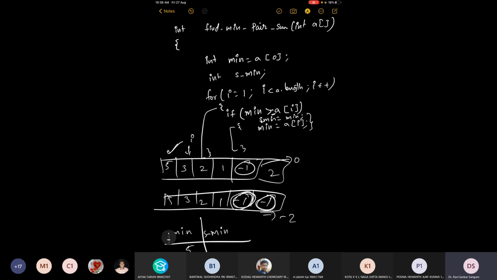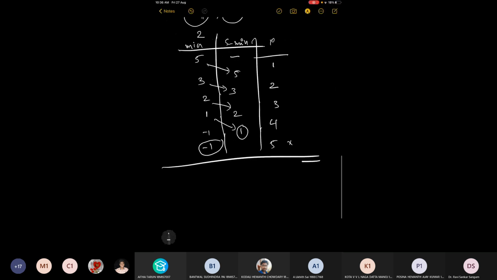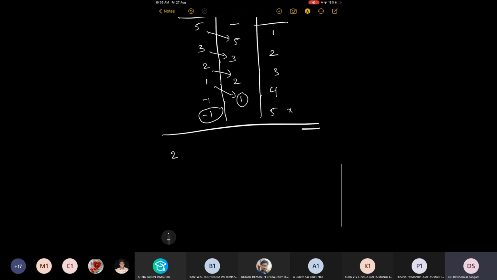No. What if the element is at the beginning of the index? For example, take 2, minus 1. Take some minimum element at index 2. Give me the input. 2, minus 1, 3, 4, 5 something. Sir, we'll get a wrong output here.